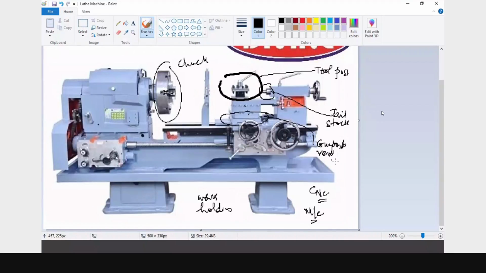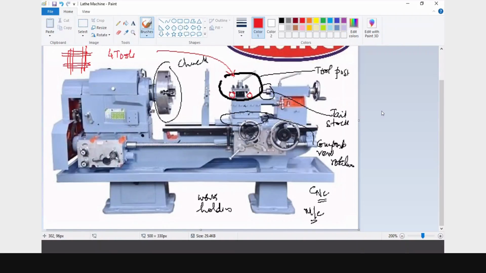So here, if you see the tool, you have to make your tool located at this location. Also, you can have other locations. If you see from the top view, it is something like this. The tool can be at this location, this location, this location. That means obviously you can have 4 tools on the tool post. So you can have 4 different tools.